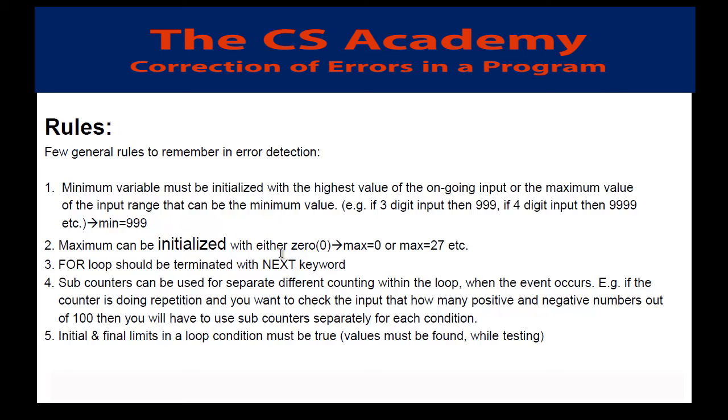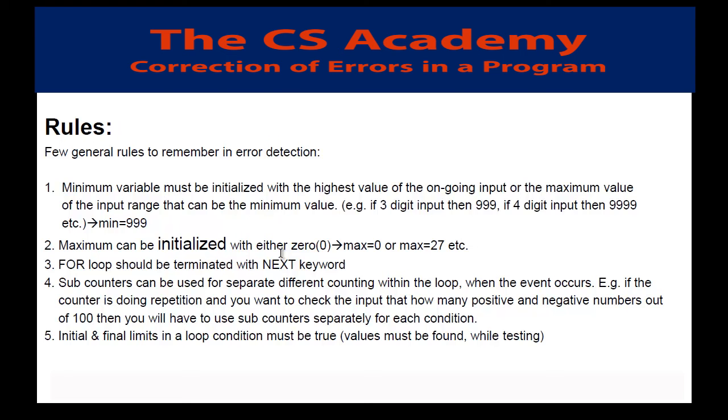Then point number four, sub counters can be used to separate different counting within the loop when the event occurs. That means if you want to, let's suppose, calculate the attendance of a person as an individual, then that individual person will have to be marked, and before marking that counter you have to catch that particular item in your input field. And after that you have to write the counter that is known as sub counter, that will count the particular selection